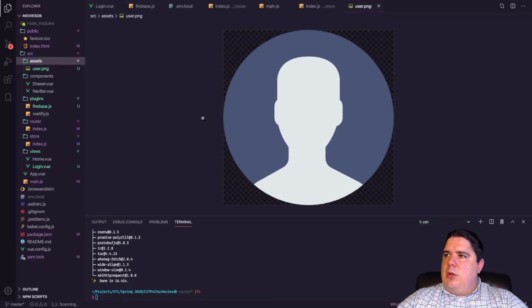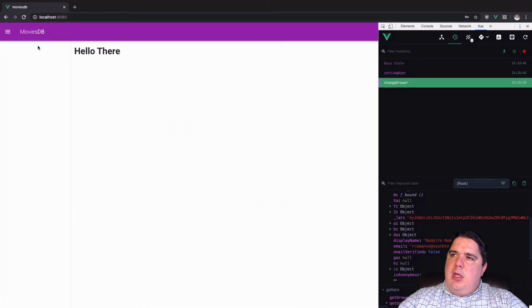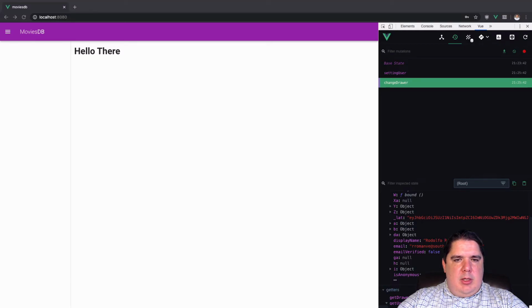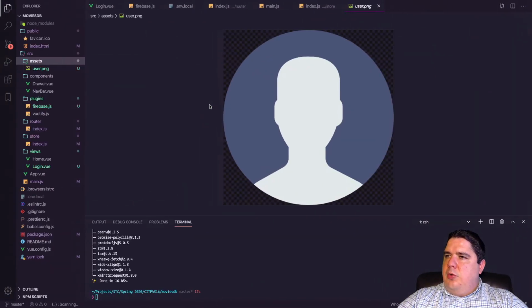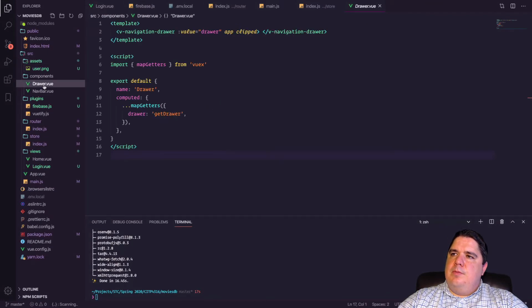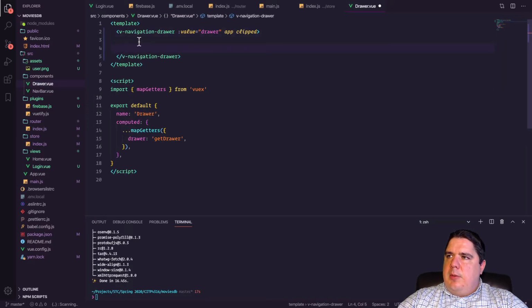And what I can do now that I'm logged in, I can render some information in my drawer. So let me do that. In order to do that, it will be very simple. Go into my code. Let me go to my drawer. And inside my drawer, the first element that I want to have at the top